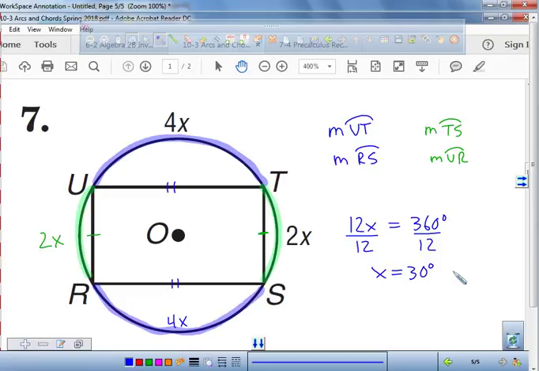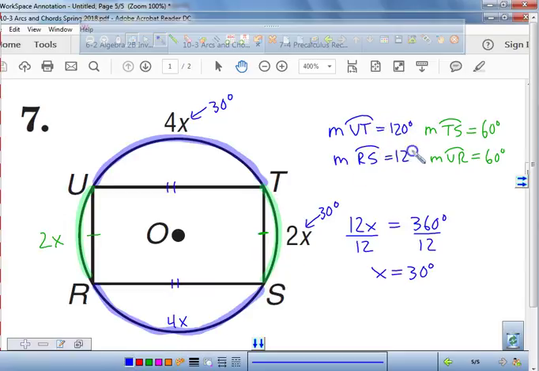No, what do I have to do now? Plug it in. Plug in the 30 degrees here. Plug in the 30 degrees here. So every single time you see a value for x, you need to make sure, am I done or do I need to plug that value in? 2 times 30 is 60. 4 times 30 is